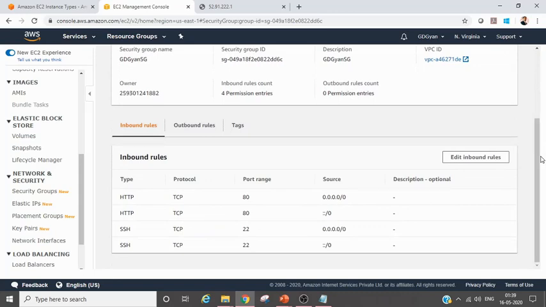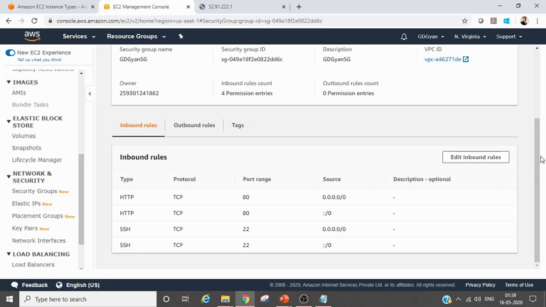You understand this thing? By default all inbound rules are denied. So what we are doing is allowing HTTP, allowing SSH. So we are allowing those ports or access. By default everything in inbound is restricted. So if everything is restricted inbound, outbound is also restricted. So you need to understand this thing very clearly. That's why I came here. I wanted to show you this one. A lot of questions will come on that.